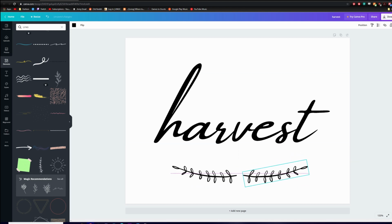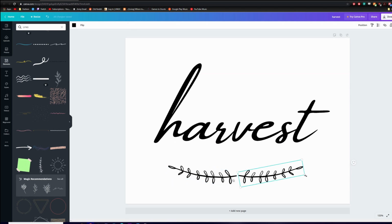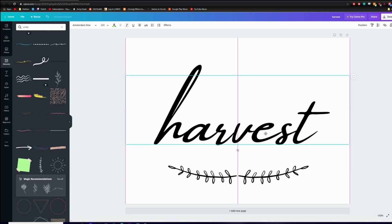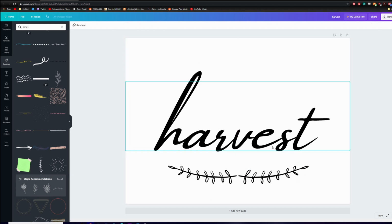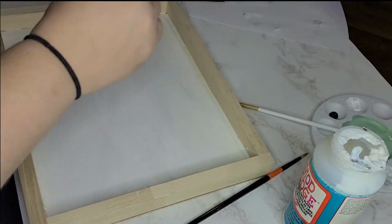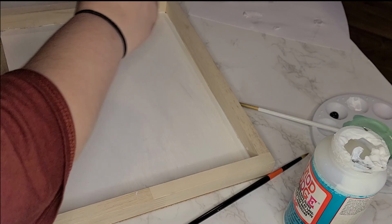Make your final adjustments before saving it and print it on your paper. I printed mine on just regular computer paper, but cardstock is actually better. But I do advise against anything that already has a glossy finish on it. Then going back to your fully dried canvas, you are going to start by putting a layer of Mod Podge